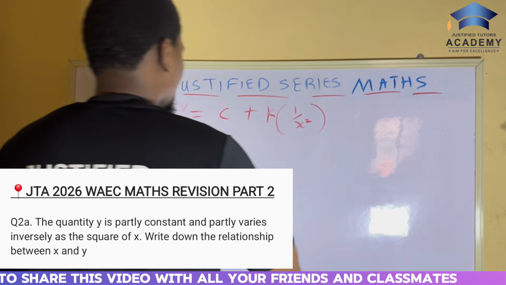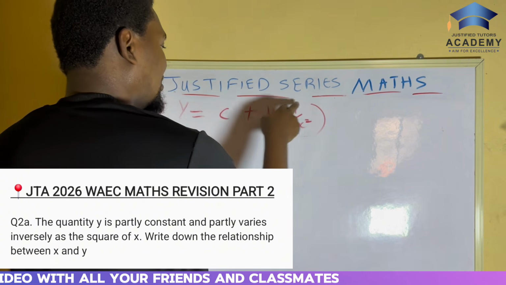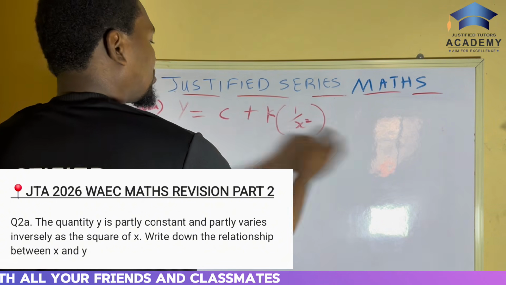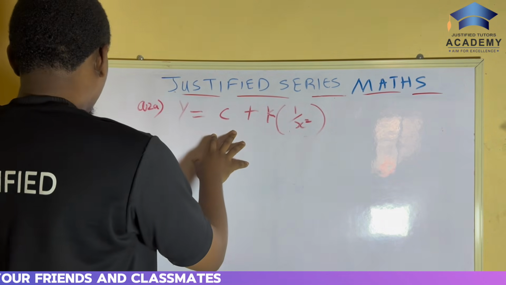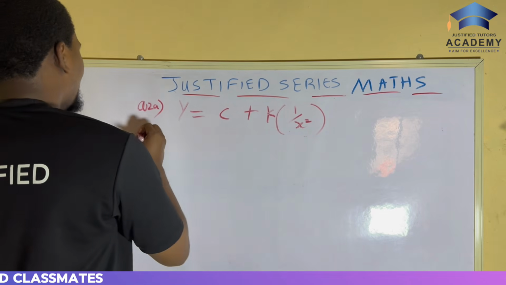This will be your expression. Are you getting me? This will be your expression. It varies as the inverse of the square of x. That's why they gave a square. So that's it. Simple as ABC. Now it says write down the expression. That's 2a. Then for 2b,